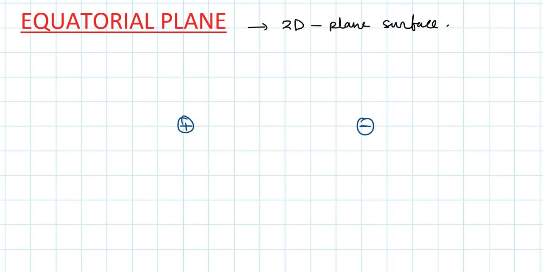So if you have the plus q and the minus q, it's this two-dimensional plane which is infinite. The equatorial plane lies between the two charges,